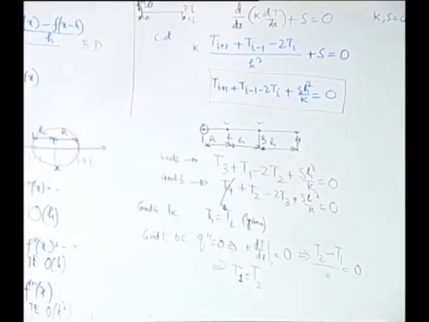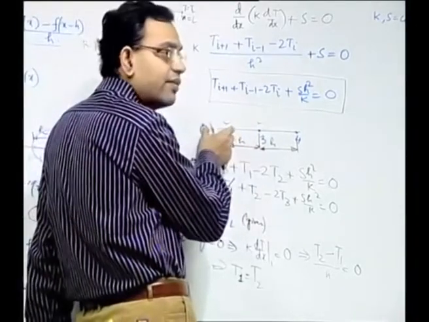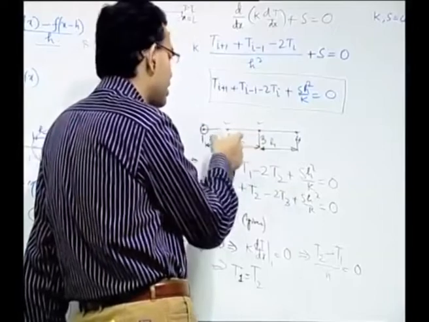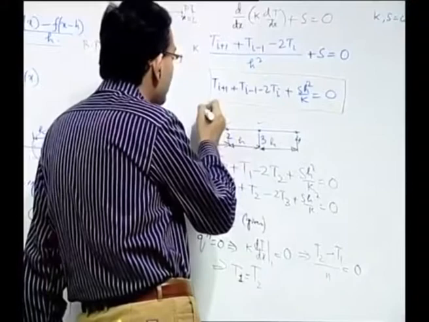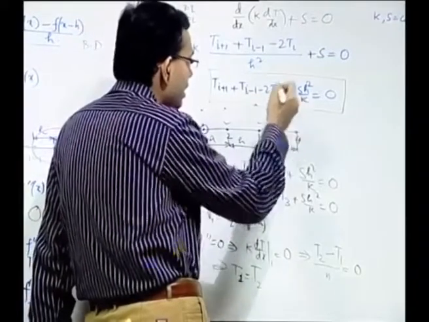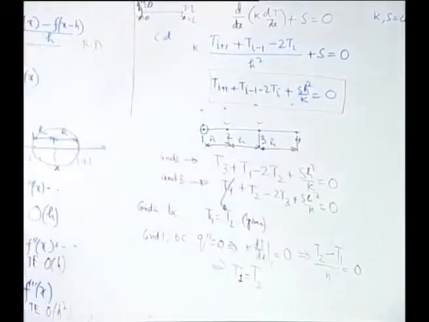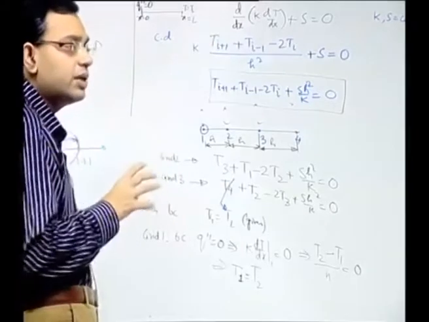And in between, how it varies depends on your interpolation, but it has no sense of an element. So, it does not care how you interpolate it, it is up to you. It will give you just the values of temperature at discrete points, and then maybe you can smoothly join them or join them by piecewise straight lines, it is up to you. So, this is the basic implementation philosophy of a finite difference method.